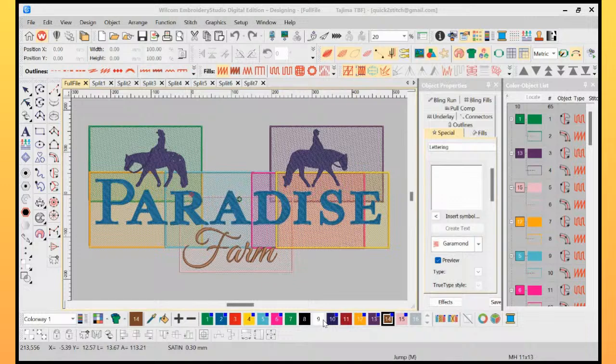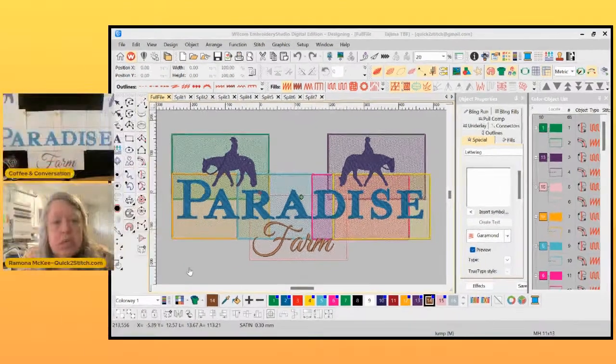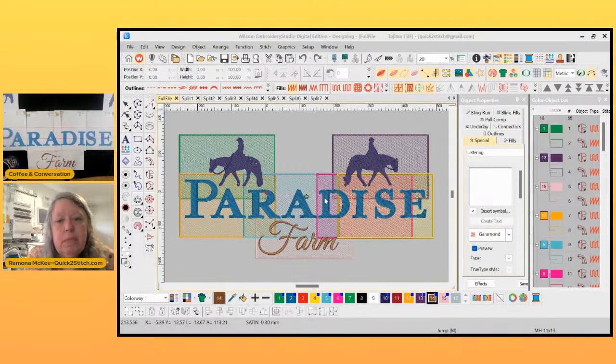Good morning. So this is our file. As you can see, it's pretty large. And again, we're going to do 24 inches by 36 inches, and our hoop size is only an 8 by 12. So what do we want to do? The first thing I do,